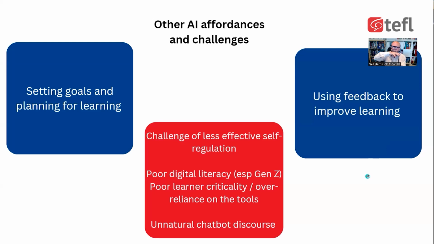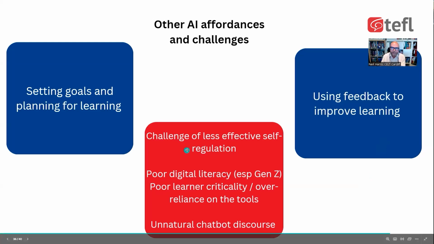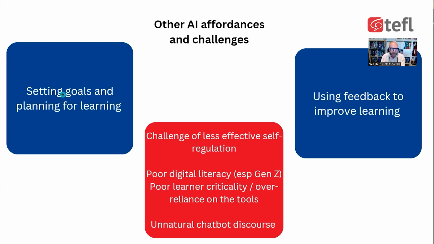So I've tried to give a helicopter view here. Yes, AI has many advantages, others which we haven't talked about today. It can be used to help a learner to set independent learning goals and a plan for learning. Tell AI what it is you want to achieve in a given period and ask AI to set you up a study period based on 2 hours of availability per night. You can feed feedback into AI and then ask it to come up with a study program which integrates feedback into your learning. So there is some kind of feedback loop.